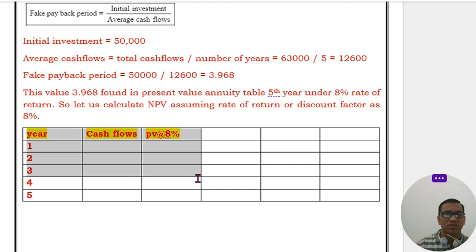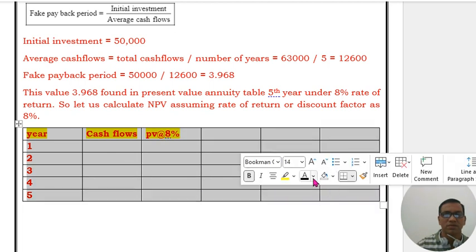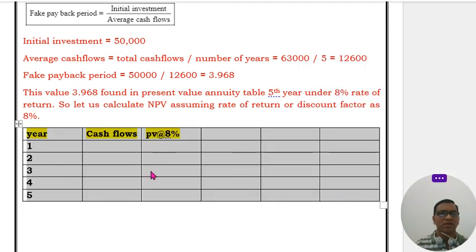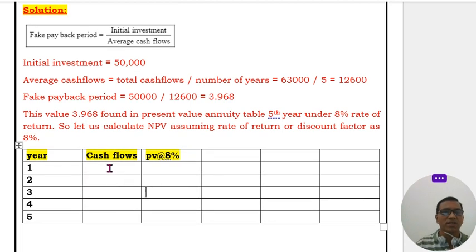And now what do I want? I want PV at the rate of 8%. Now the cash inflows given are: